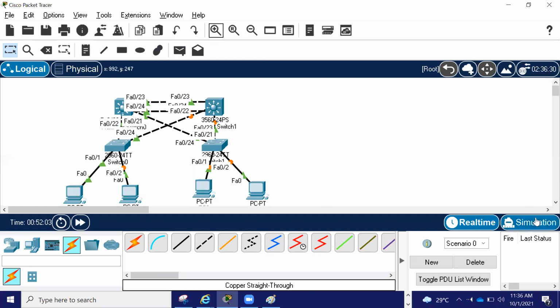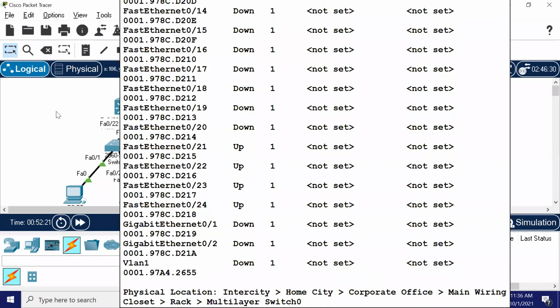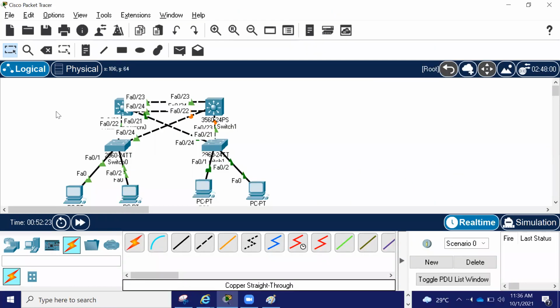So far, I have not given any IP address, nothing, I just connected them, right? So core 1, core 2, core 3, core 4. So what I can give is, start from here. We can always start from the trunk.